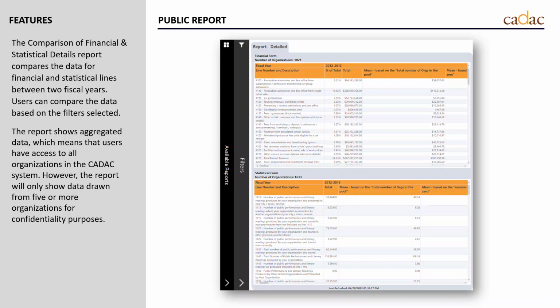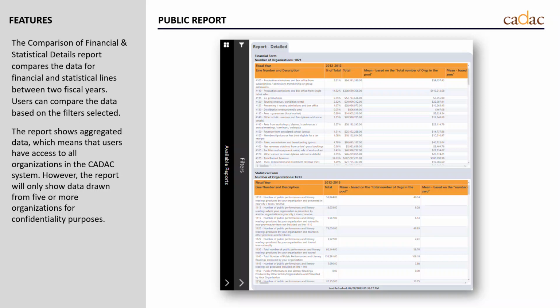Switching over to the public version of this report, users will have access to the summary tables only. No identifying organization information is available in this report. Similar to other public reports, this data is pulled from all organizations in CADAC, whereas the agency version shows you just the organizations associated with your program list. Now that we have seen this report, we will now be showing how to navigate and access the report in